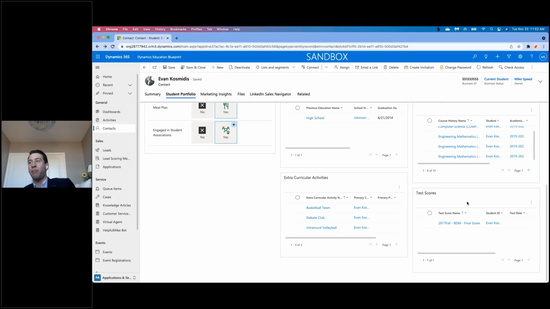So Banner, what we do is we pull in the information from Banner through an API, and we provide one user interface that can be used for the student profile. So as this is updated in Banner, it's a live integration that feeds across into your CRM. Why is this important? Guidance counselors, financial aid officers, even if you're pulling information for somebody who's applying for an MBA and you need to see their past history, we can actually have one central interface that's being used, so you don't have to log into Banner, then log into Dynamics, and then go back and forth between the two. We just integrate them and give you one screen, one 360-degree view of the customer,